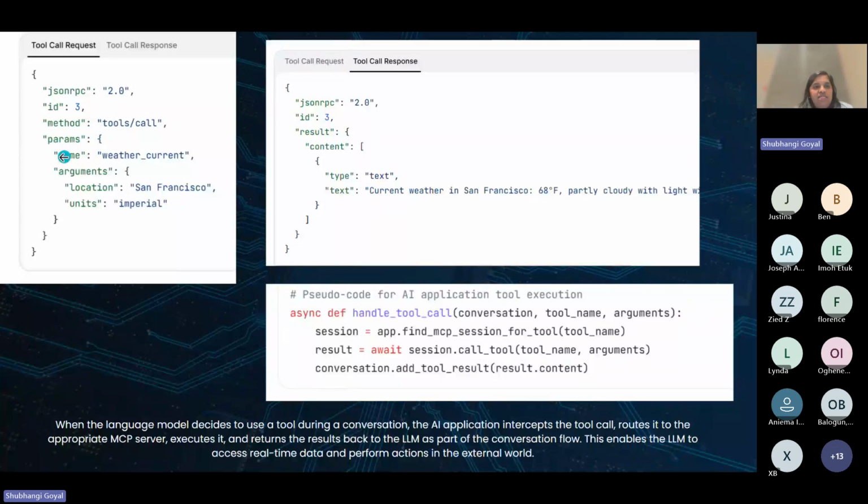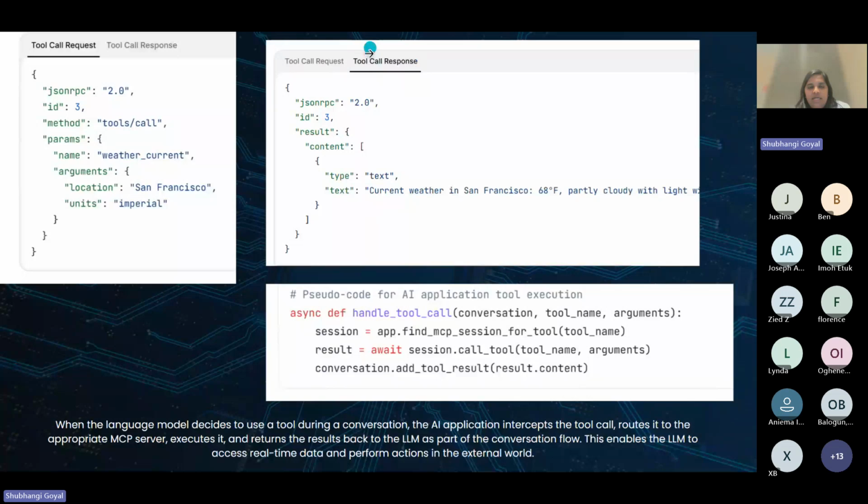The parameters you give are a name, for example weather_current, or any other name you choose. In arguments, you provide the location you're looking for, which the tool call will pick up, and the units you want. Once that tool request goes, you have a response available.